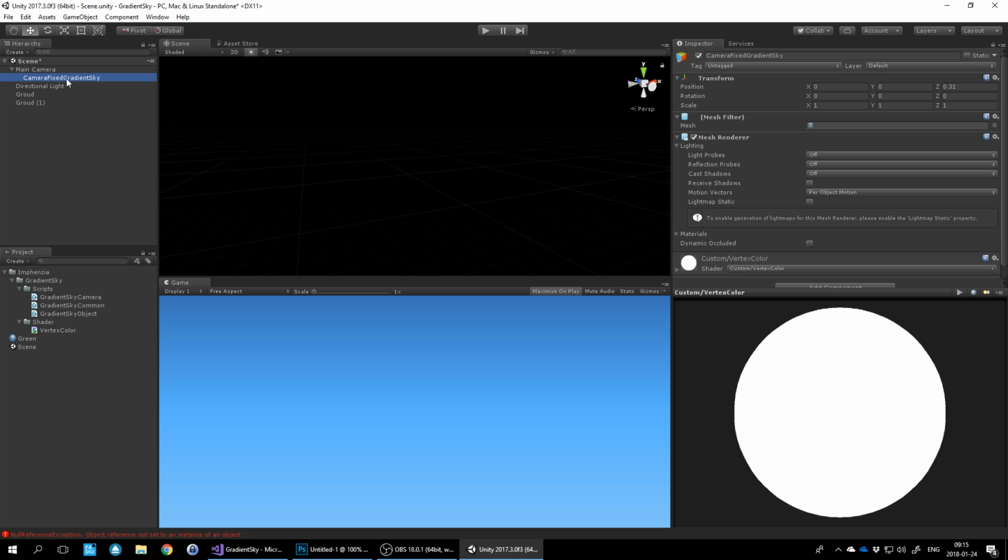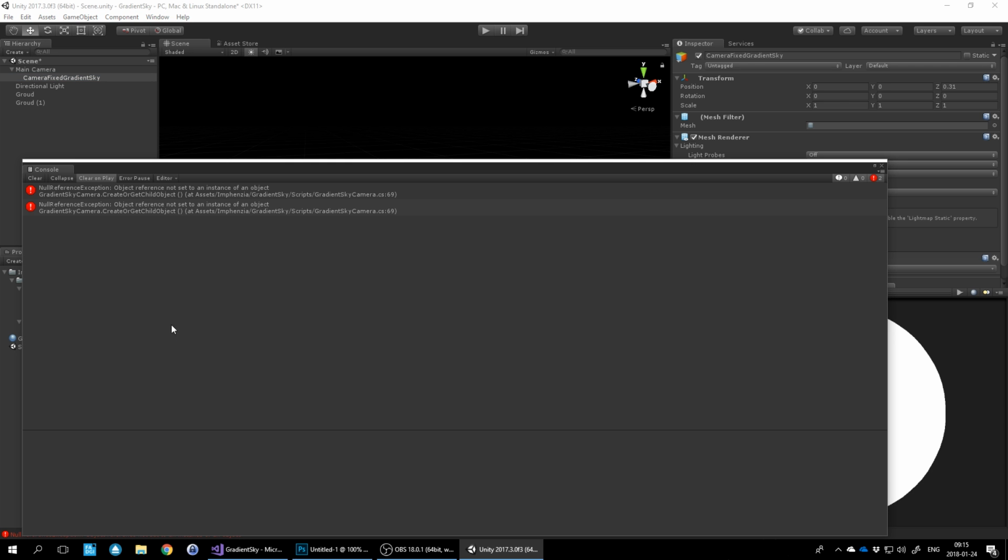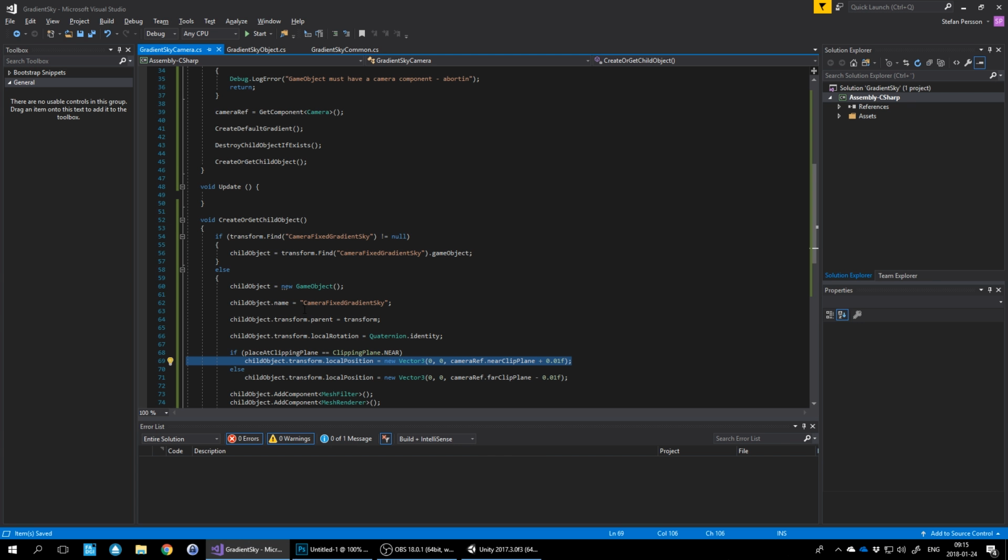Okay, we still get the error. It does create the object. So the child object is created. It's assigned. The parent is assigned, so that's all good. We set the local position to be camera ref near clipping plane. So,